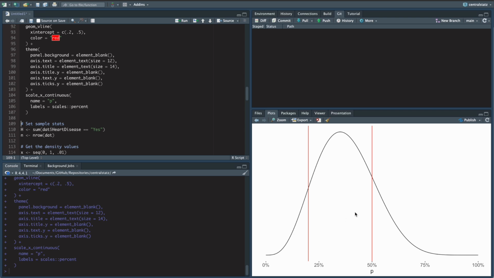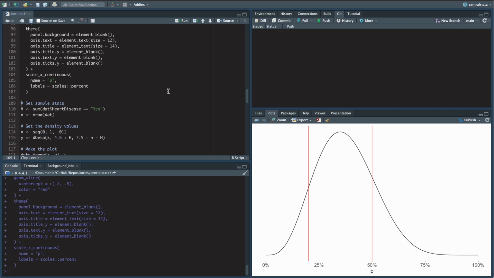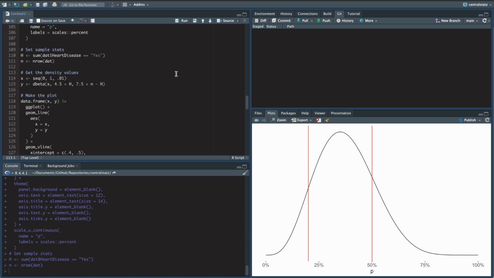And if we had reason to think otherwise, we could adjust this as much or as little as we want to capture our prior beliefs, and then we only need the data to update that as it comes in. Now we're going to construct our posterior distribution from our sample. And so we are pulling out our actual data that we observed. This was our prior distribution, and now we're saying, okay, how does this prior distribution change? What does the posterior look like after we incorporate our observed data?